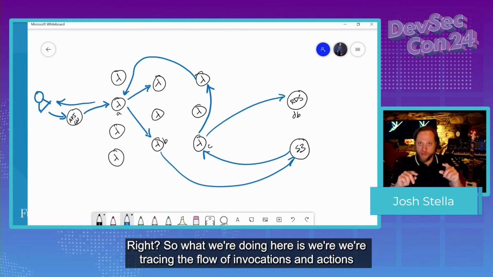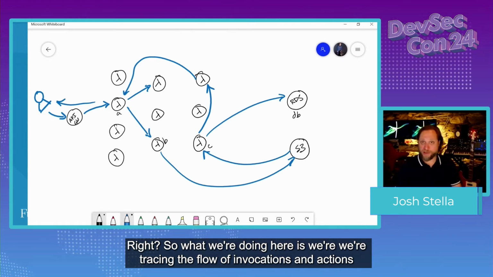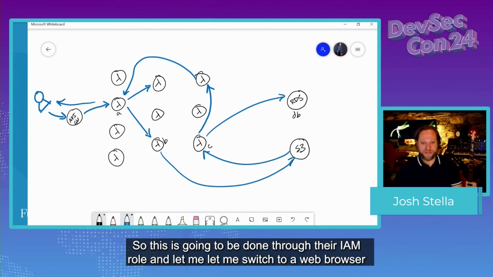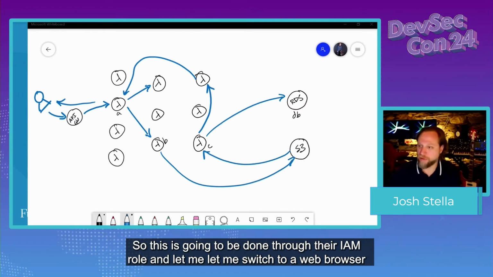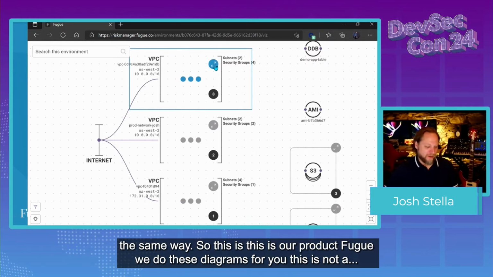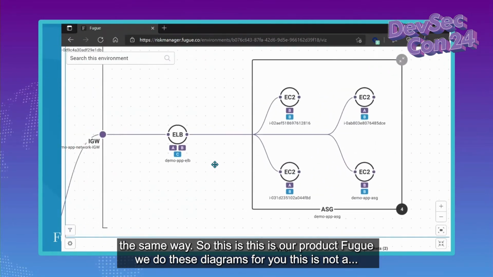So what we're doing here is we're tracing the flow of invocations and actions that these serverless objects need to have in order to perform their function. So this is going to be done through their IAM role. And let me switch to a web browser and just show you that briefly. I'm going to show you an EC2 instance, but it works the same way. So this is our product Fugue. We do these diagrams for you. This is not